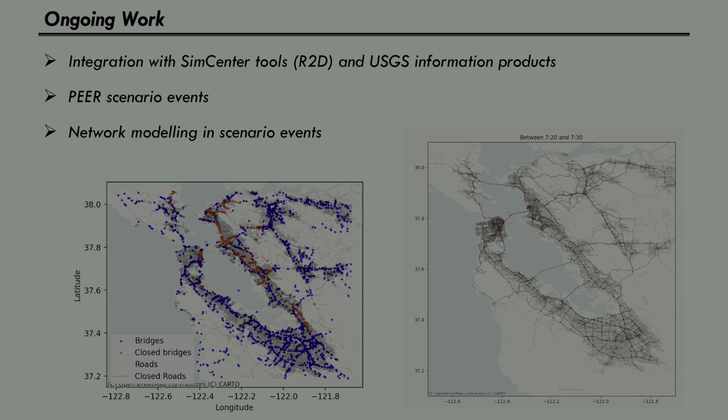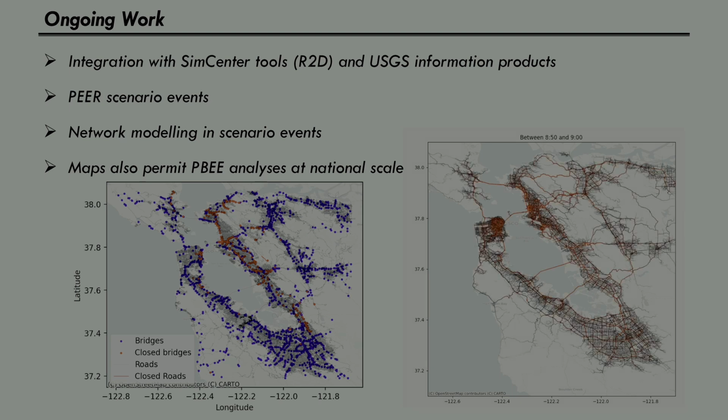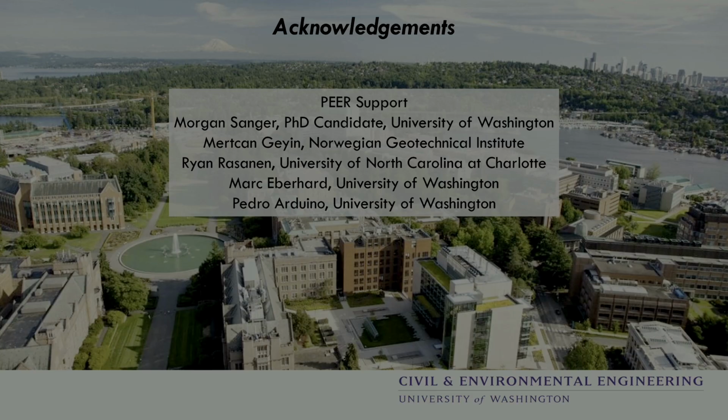We're interested in doing network modeling, joining forces with some structural colleagues who are looking at bridge damage, and we can bring now road damage due to liquefaction. So this is just a conceptual example in the Bay Area. And finally, once we have these maps, as we do, they permit performance-based analyses at national scale. And so we could hypothetically predict the return period of ground failure or foundation damage. We could do economic analyses for the entire country. So with that, I'm out of time, and I will just thank these individuals.